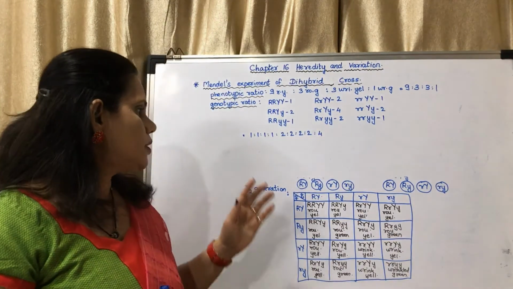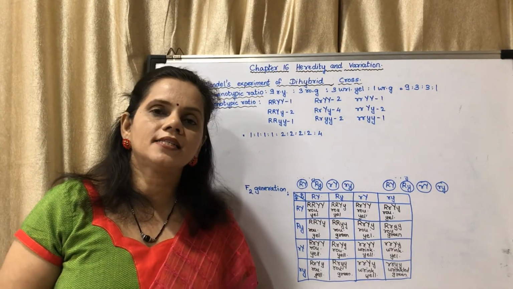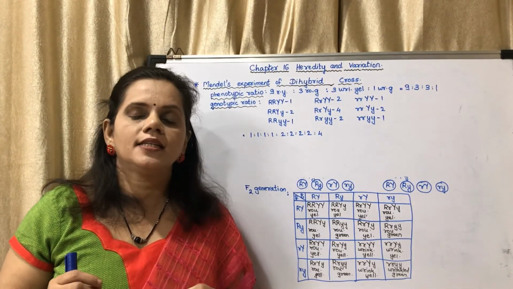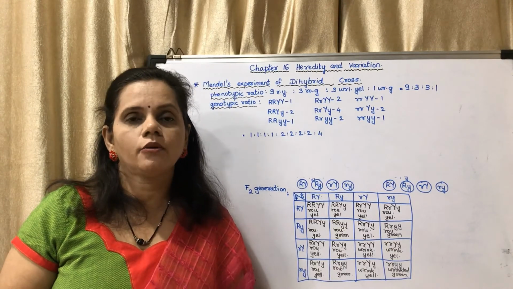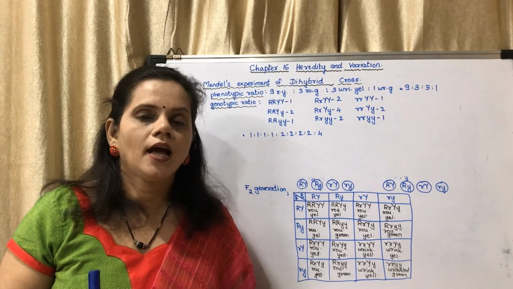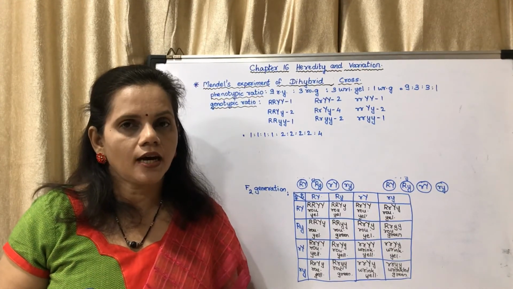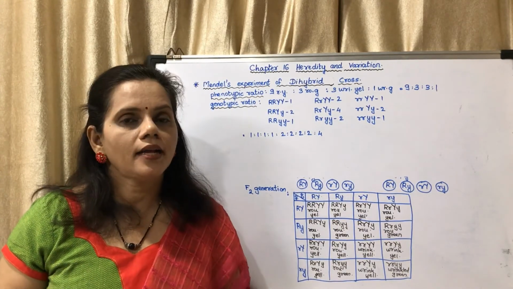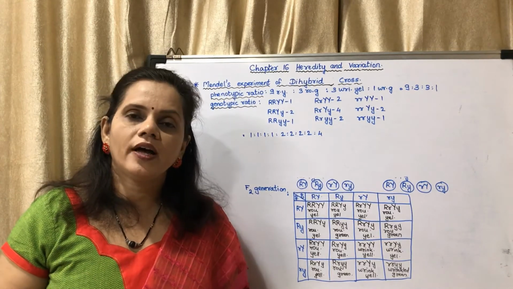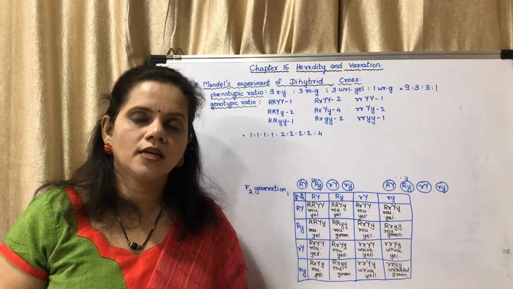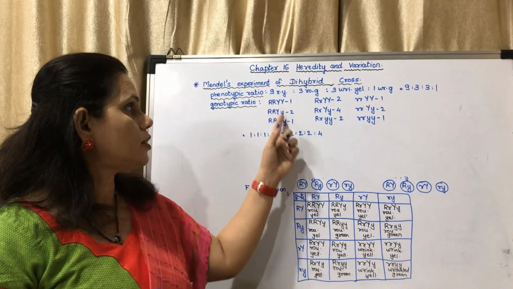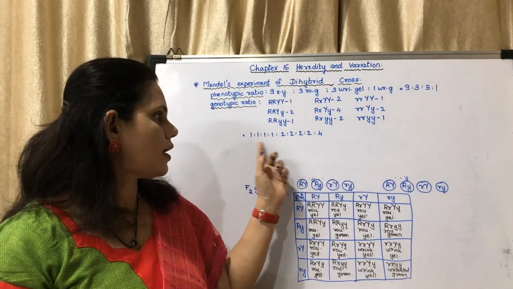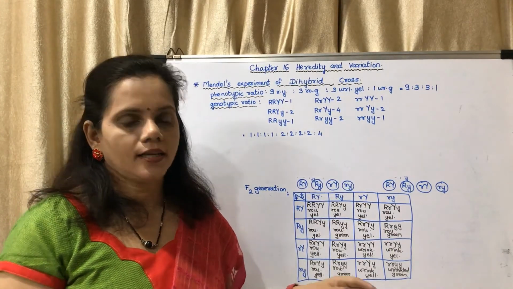So we have studied Mendel's monohybrid cross and Mendel's dihybrid cross. This is a 5-mark question. You have to explain and draw the chart. Below the chart, it is compulsory to write the phenotypic ratio and the genotypic ratio. If you have a question on dihybrid cross, even if you are not able to remember this, even if you don't write these, it is okay, but you have to write the genotypic ratio.